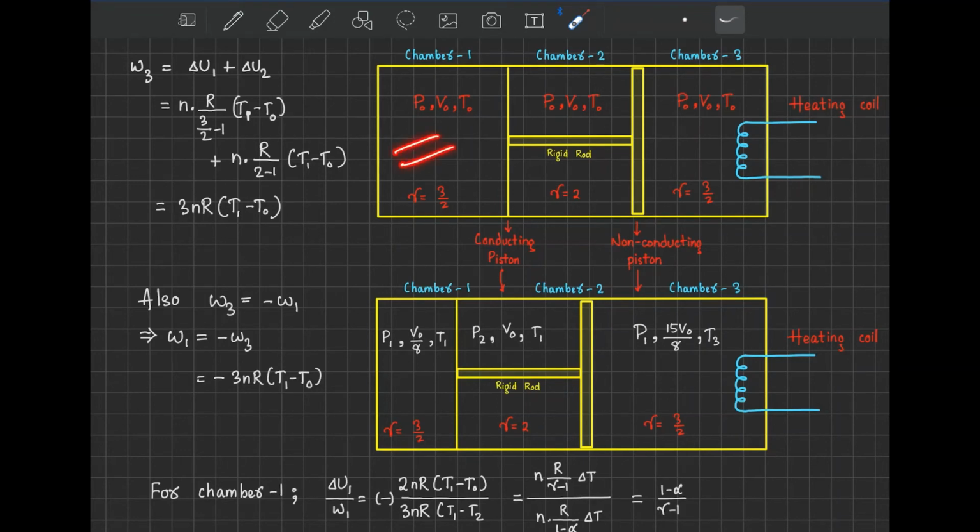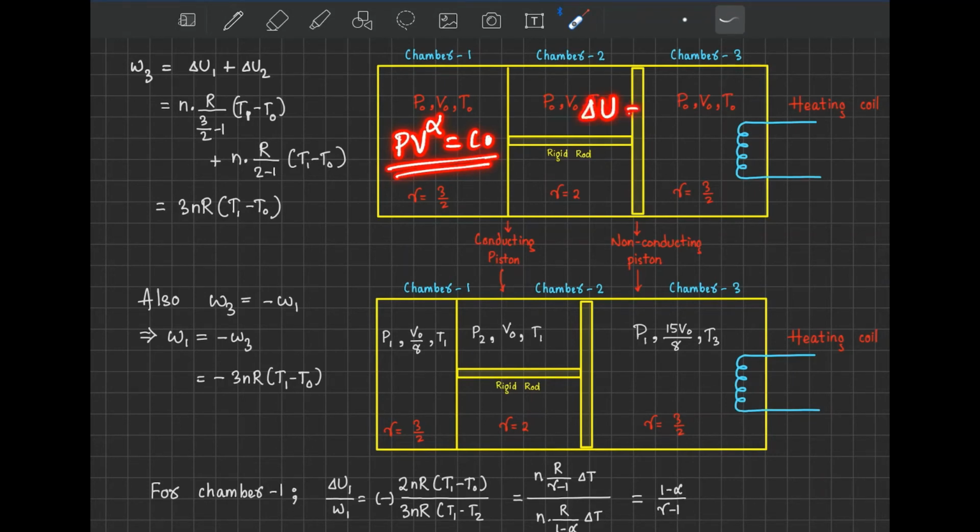So what kind of process occurs here? Let's say some polytropic process, meaning PV to the power alpha equals constant, occurs in chamber 1. If we consider this as PV to the power alpha equals constant, then for this process